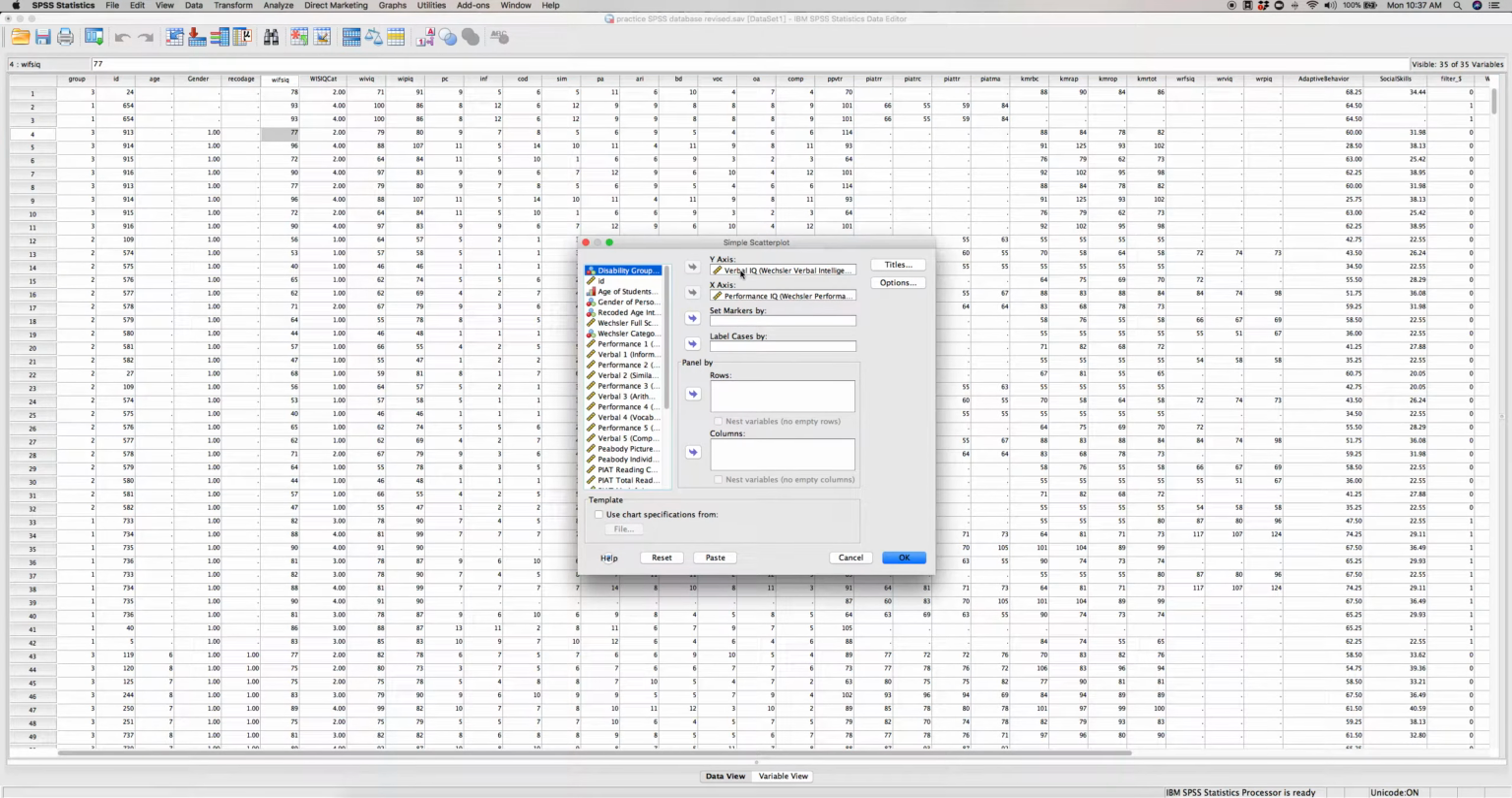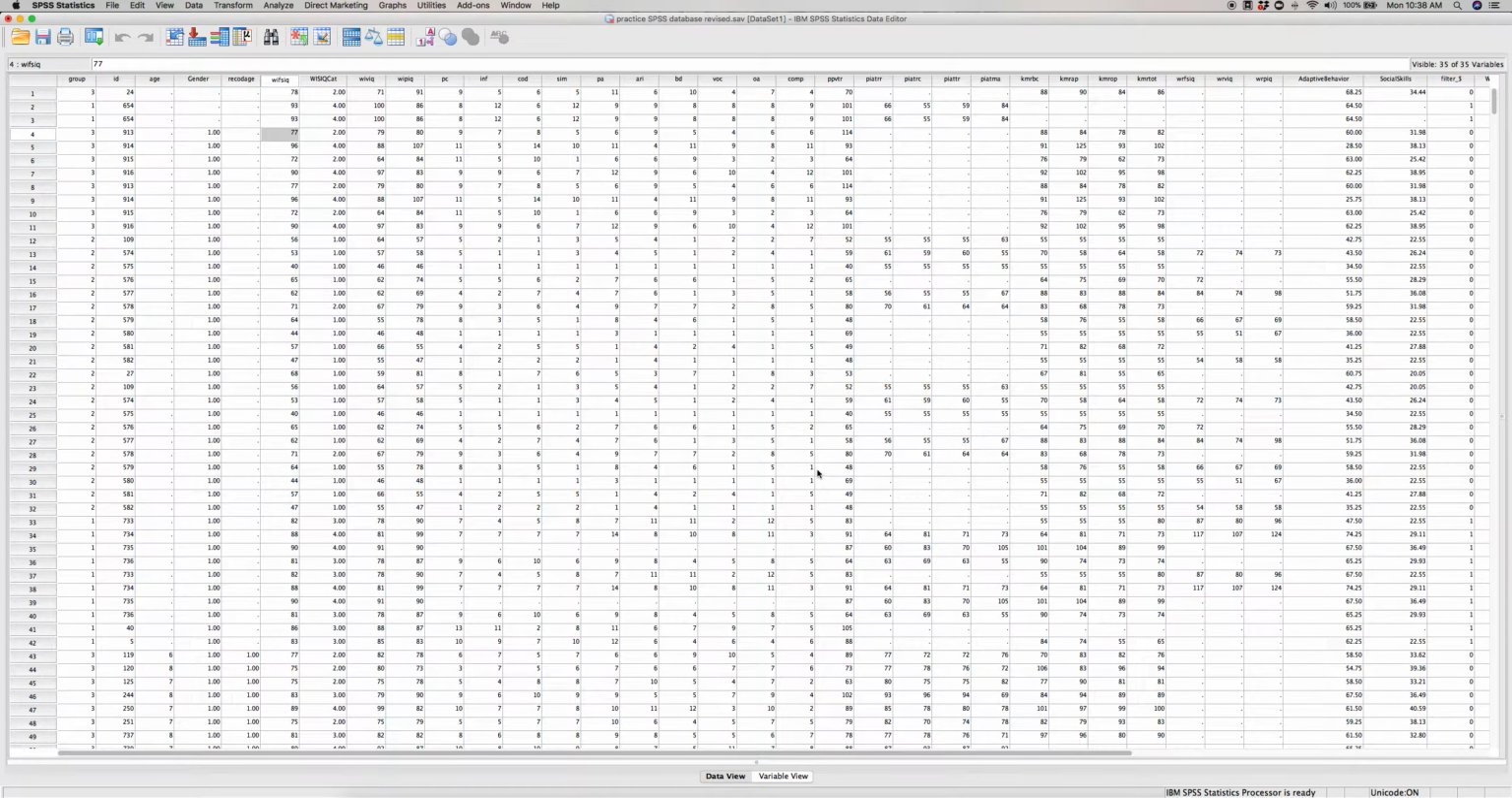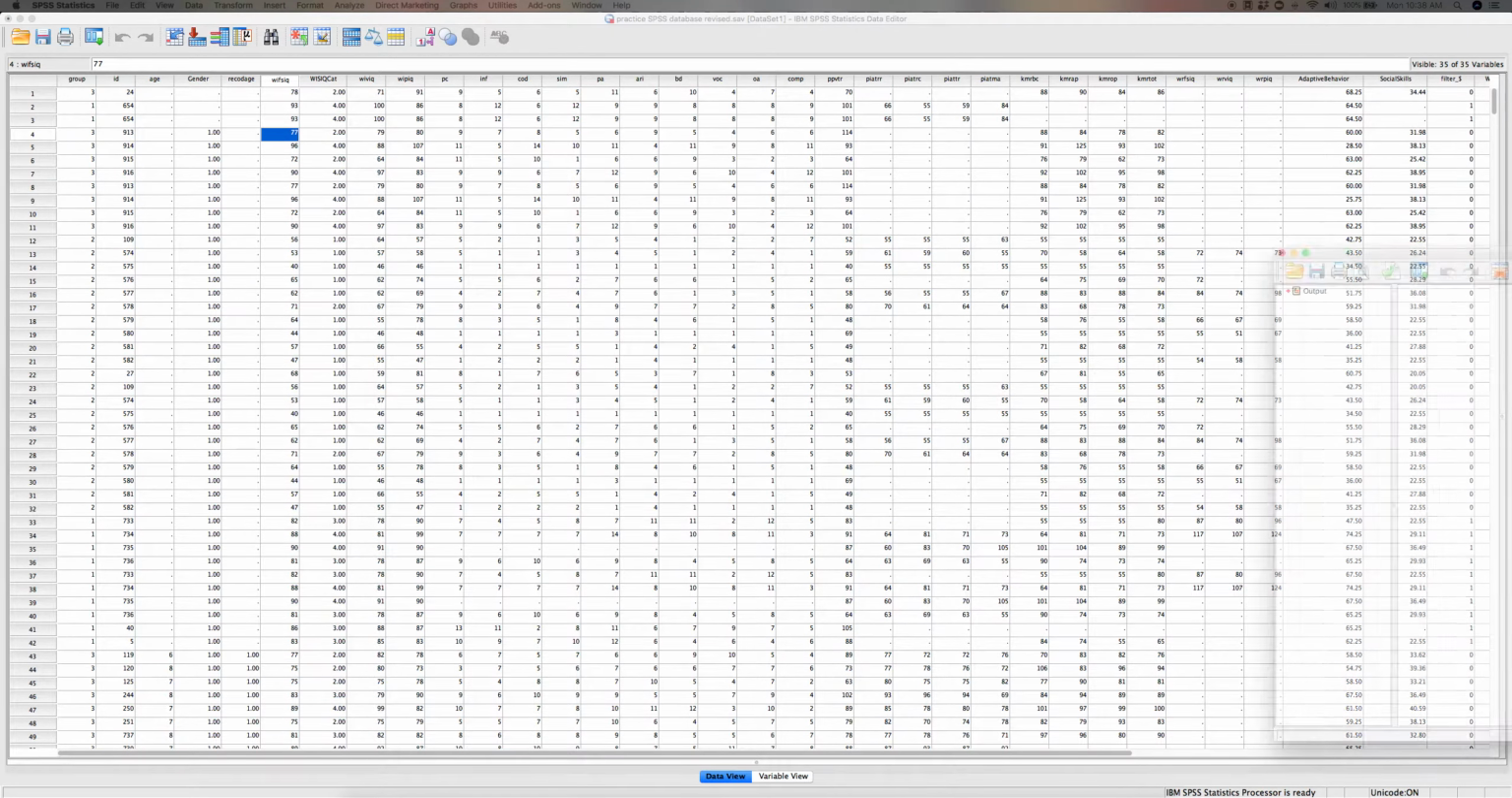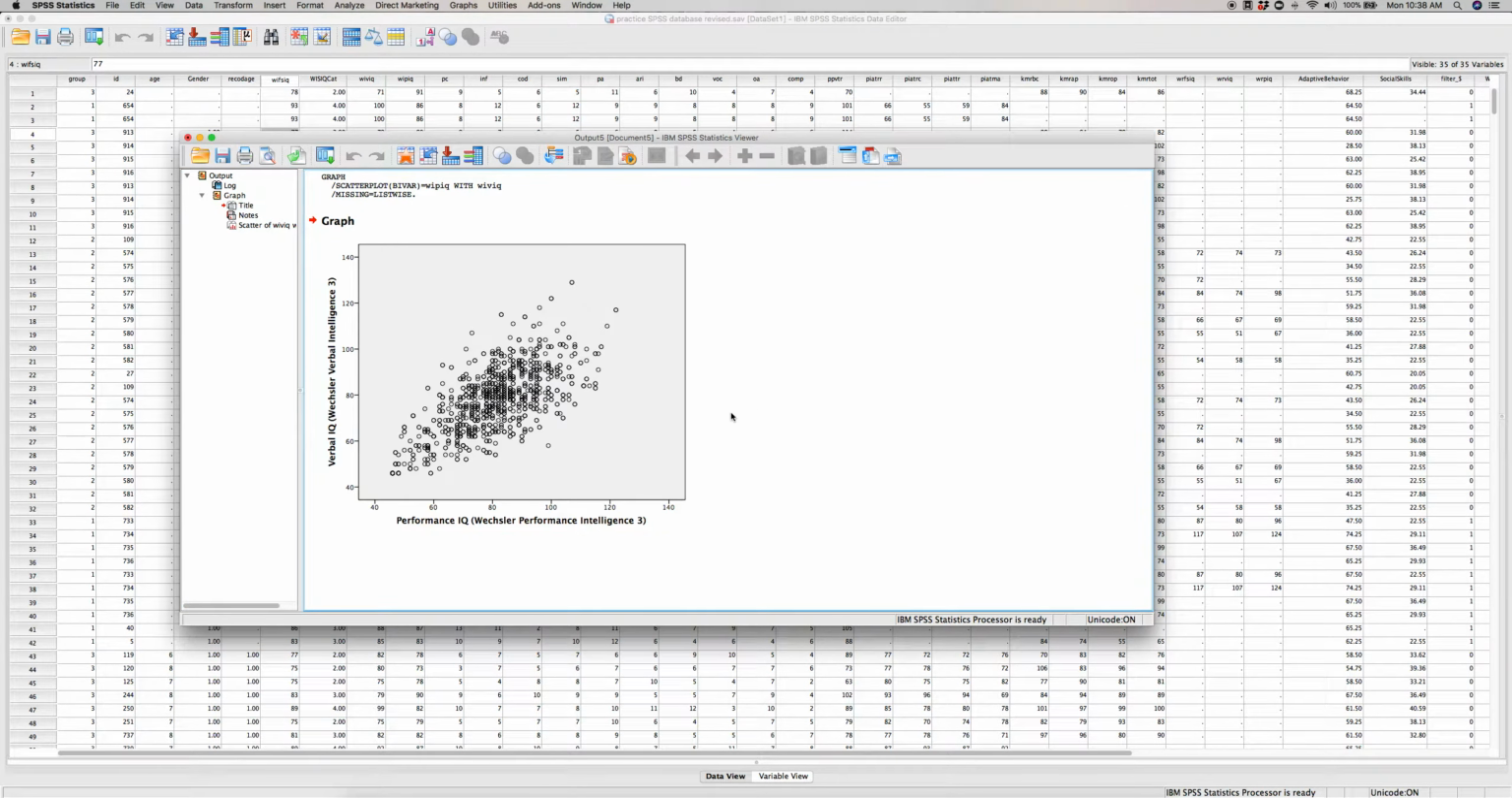You're going to put your two variables in here. It doesn't matter which goes on the y and which goes on the x. Remember that for a correlation, you need two continuous or interval variables. I like to put a line in my graphs. So once you get your output, I can look at this and see that there's a pretty serious linear relationship